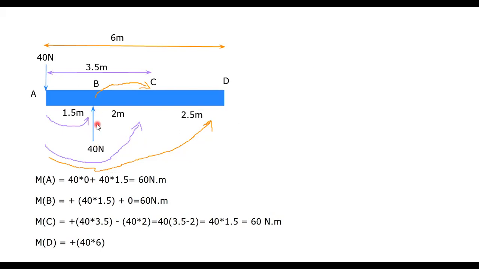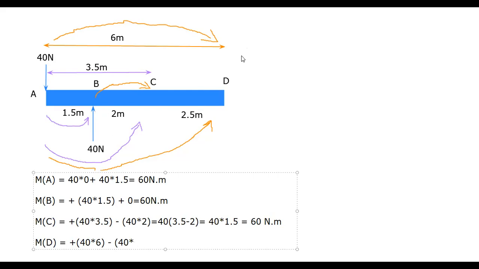This 40 Newton force, which is acting in upward direction, will create the clockwise moment. So therefore, its direction will be clockwise about point D. Okay, about point D. So therefore, its sign convention will be negative,